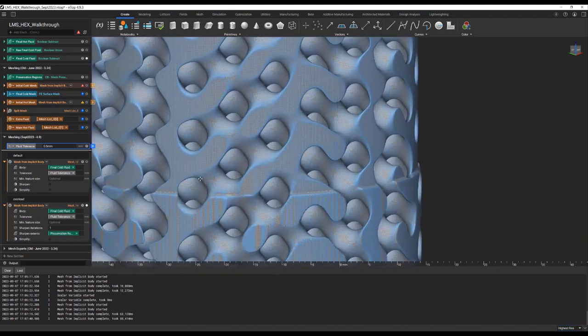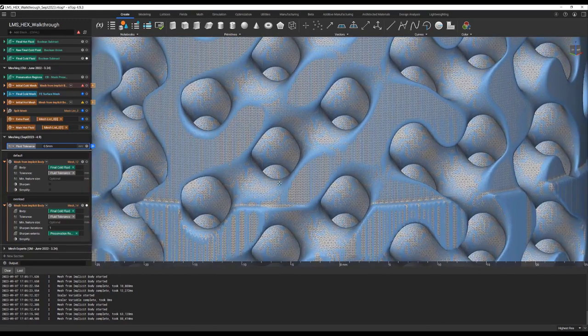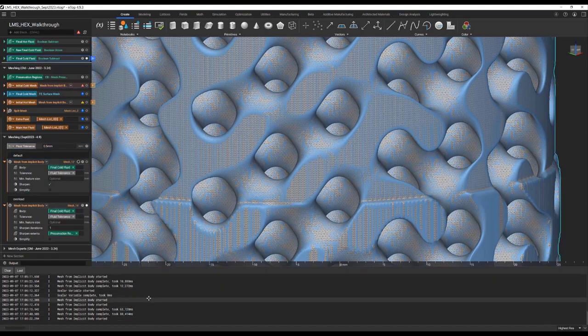So we can see that with a tolerance of 0.5 millimeters, we capture the geometric fidelity quite a bit more. And the overloaded block, because we have sharpening defined, took 88 milliseconds. And when we're not sharpening anything, we're at 63. If I click sharpen now and let this recompute,